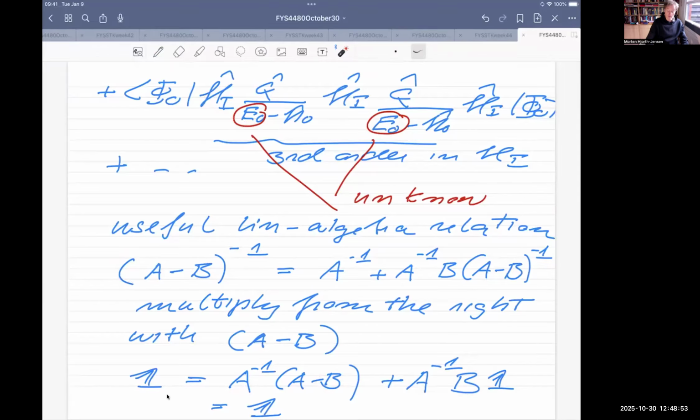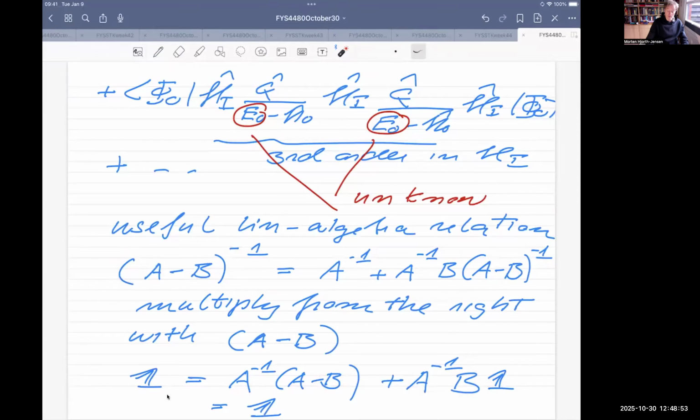What I will do is to first define a new quantity. I'm going to show now that if I define E, which is the same as E0 minus H0, and then look at Q